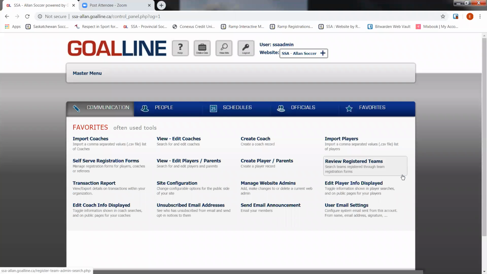Now, as I stated before, if you want to make sure you save all of your coach information, the steps are exactly the same, but just under the View Edit Coaches option right over here. But another area that you should take a look at to see if you want to have saved outside of your Goalline system will also be your transaction reports. You just click on Transaction Reports,